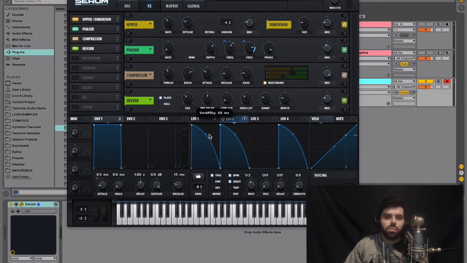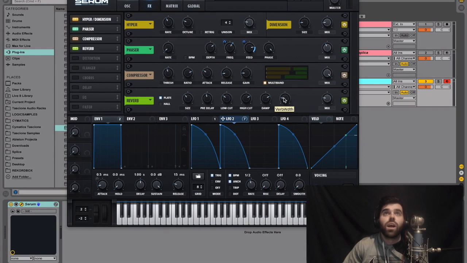But we're going to take this and put it just below the halfway point at around 52. And we're going to take this low cut and drag it up to around there. That's basically just cutting all the lows out of the reverb because you don't want some of those muddy lows. And then we're going to take this high cut and drag it up. And we're going to drag this damp up to around here.